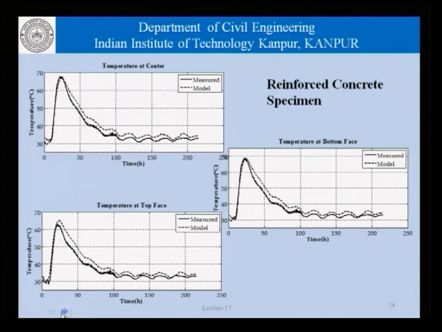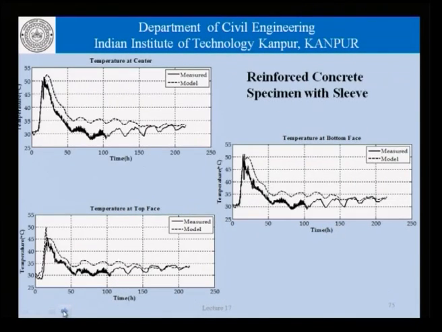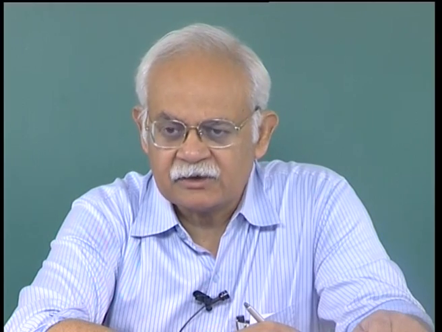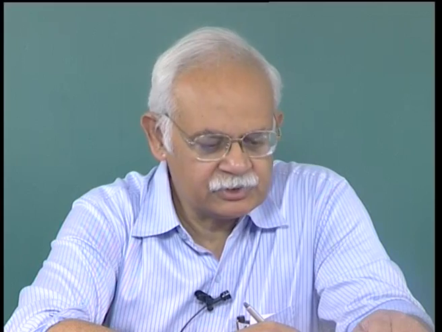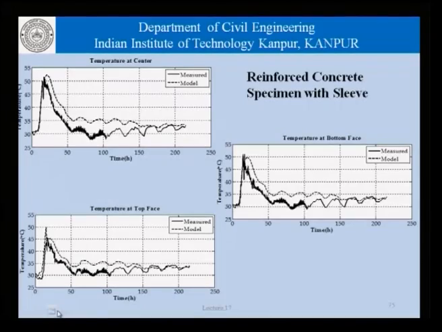Similarly, for the reinforced concrete specimen, or for that matter the concrete specimen with the sleeve. So, in all these cases we see that the rate of temperature rise and the peak temperature are fairly well represented by the model that has been used. The time at which the peak temperature occurs is also more or less captured, but the model that was adopted was not good enough if we are looking at the falling side of temperature, that is the cooling phase